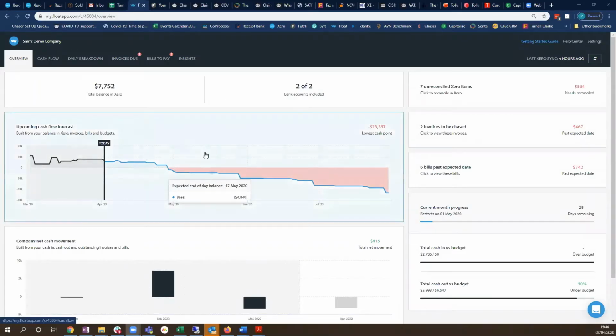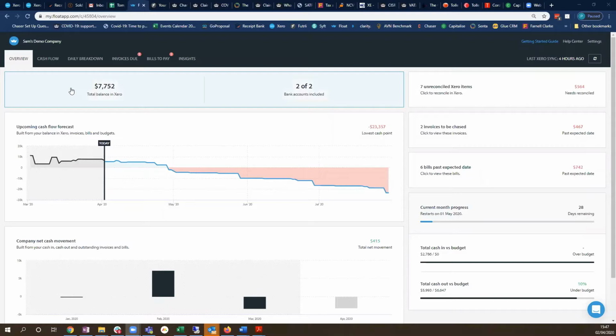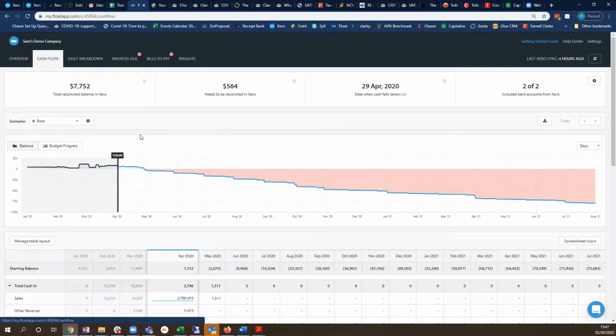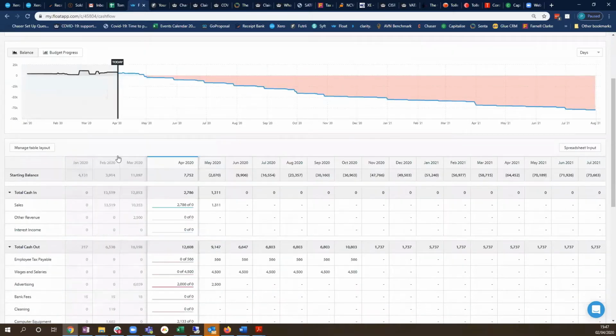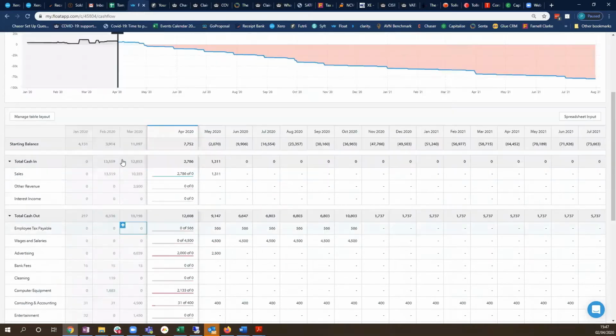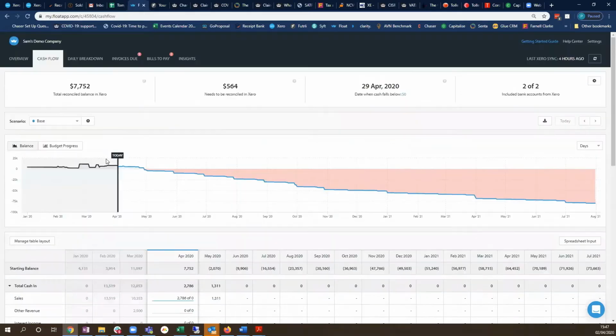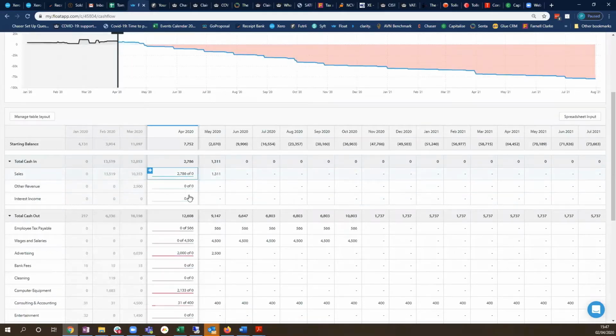So this is the software we're using. It's called Float. We'll give you free access to this, and then during the session we will go in here and we'll see all the data that's come through from Xero in the past data. This is demo data from just some random stuff, that's why it's in dollars. Yours will be in pounds. And you can see your starting balance, and anything that needs to be reconciled. It's important that your bookkeeping is up to date to make this program work properly. And then we'll just start building out your forecast by putting in figures.